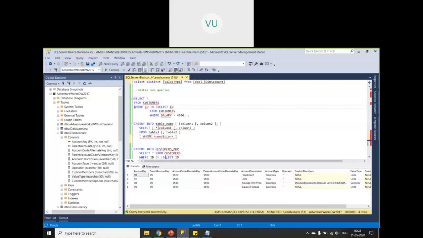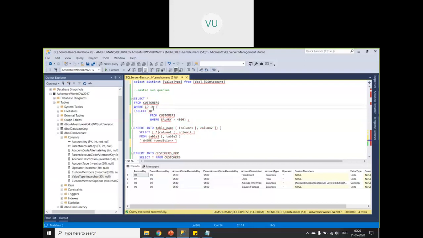Both are different. Okay? So in has to be used in the where condition when you are trying to compare one column value with multiple values, one or more values. So instead of this subquery, I can say where ID in 1, 2, 3, 4, or if it is varchar type, where ID in some value like a blah blah. So it can be anything. So that is where in is used. In is more for where.